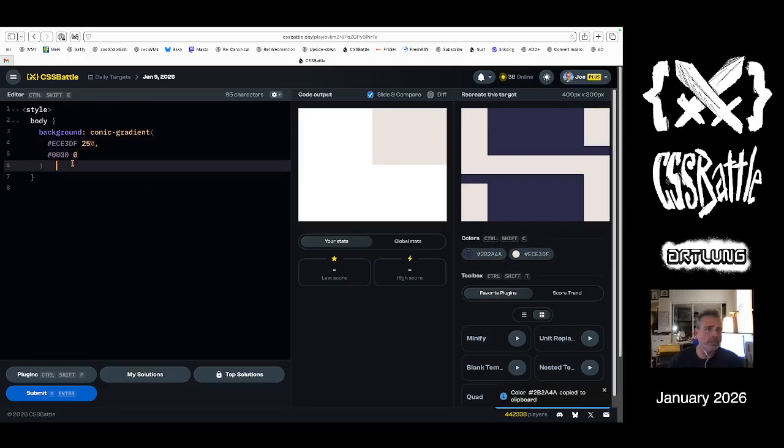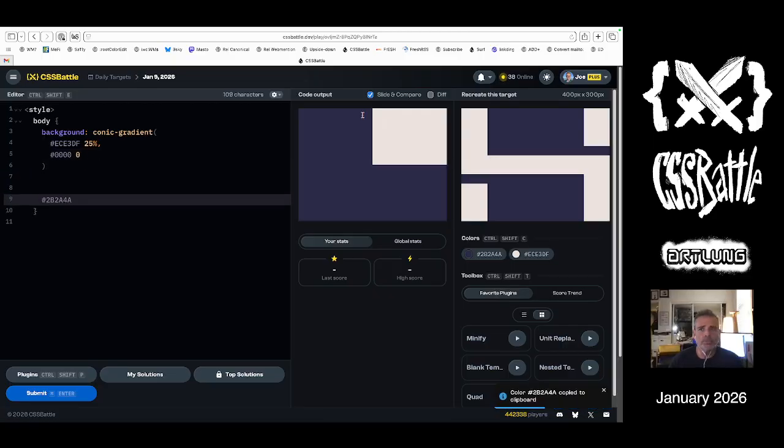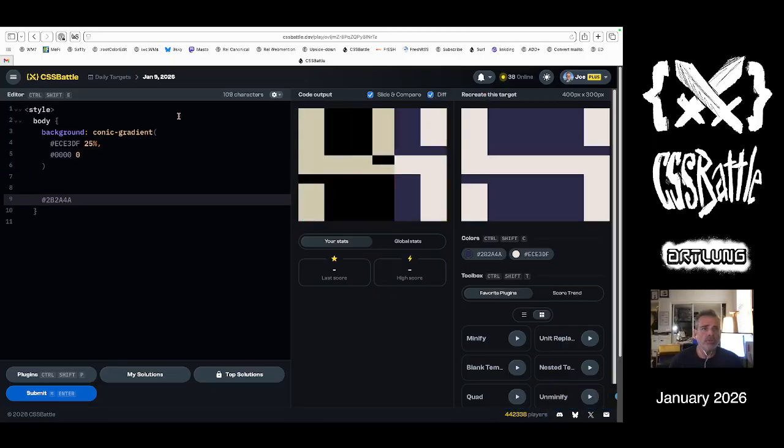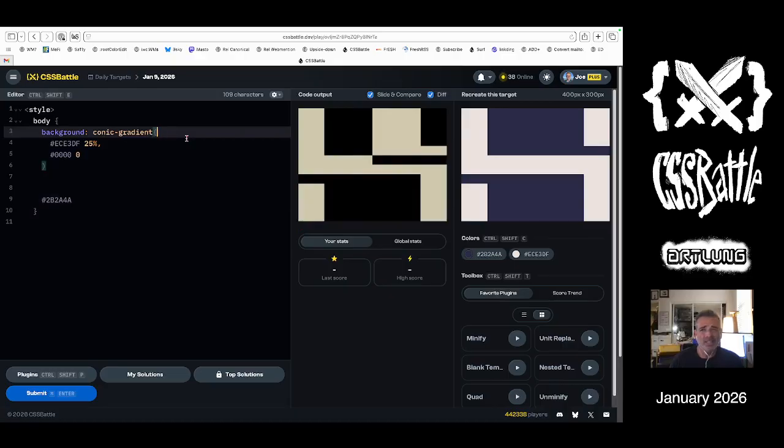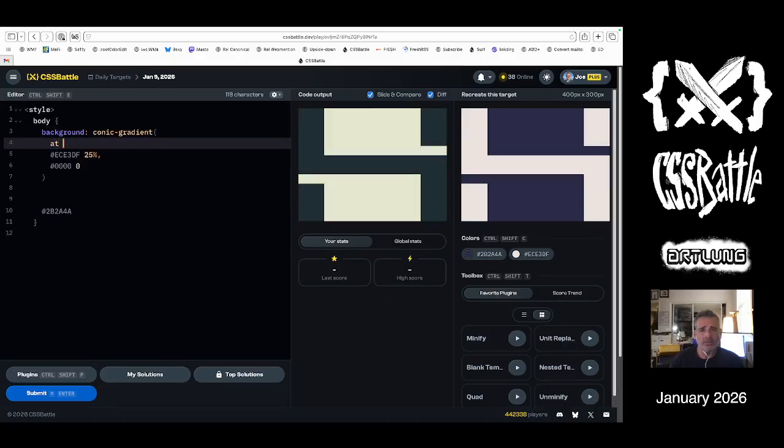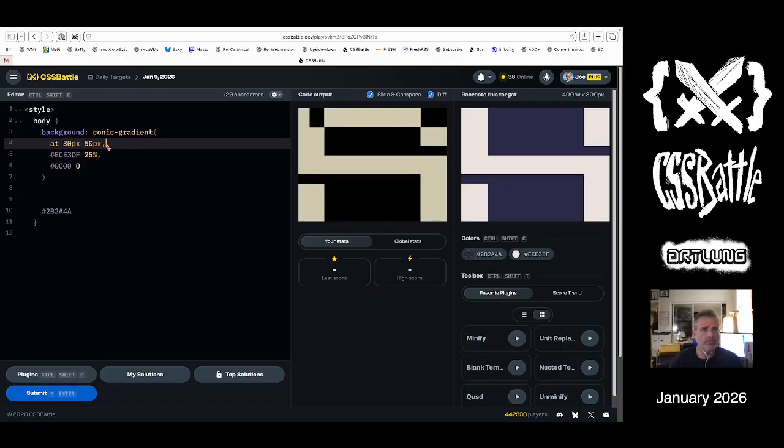And I'm going to put the background color of this blue. All right, so the first thing I need is at 30 pixels, 50 pixels, something like that. Maybe it's 60, maybe it's 70, and then